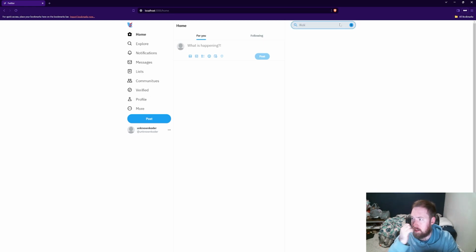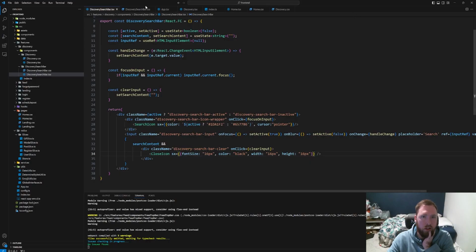So right now, whenever you see Rick, it should be popping up a little pop-up. It is actually kind of broken, so that's interesting. Whenever we start typing in there, it should basically make a GET request more or less each time we type. Now, I don't want to deal with the GET request right at this moment, so we need a little pop-up